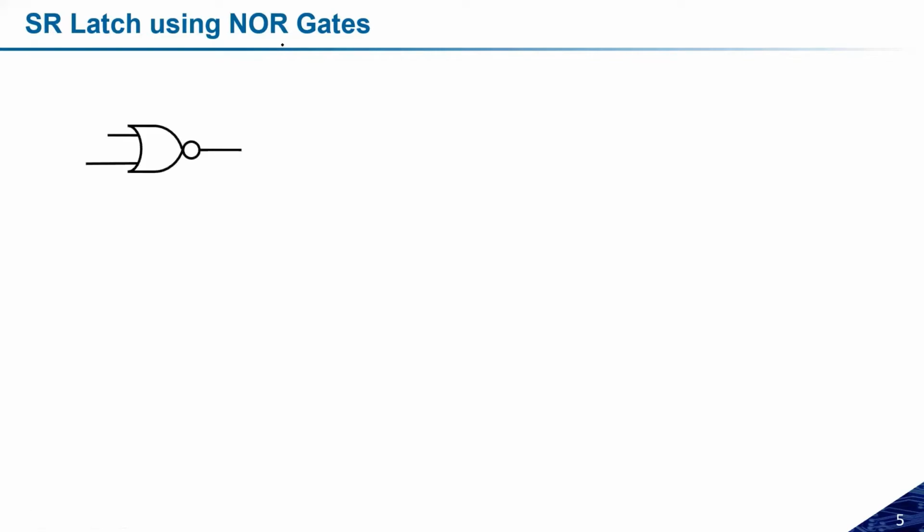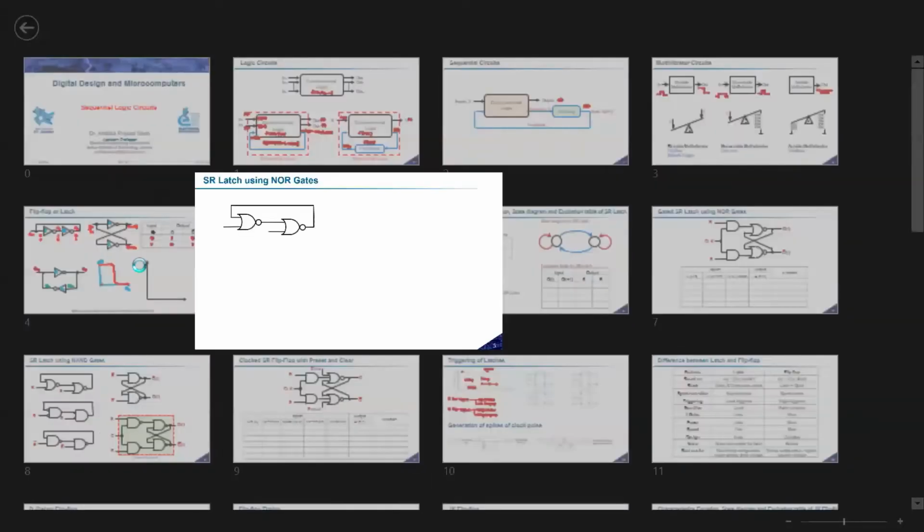Suppose, because I have to design with the help of a NOR gate, let us assume I have a NOR gate. Just like what we did in the previous slide, we can also do the same. The output of one inverter is connected to the input of the second inverter, and the output of the second inverter is connected to the input of the first inverter. This is what we did previously, and similarly we can do it here as well. But because the NOR gate has two inputs, we will get two additional inputs which can act as a control. If we go back to the previous slide, we had the input,